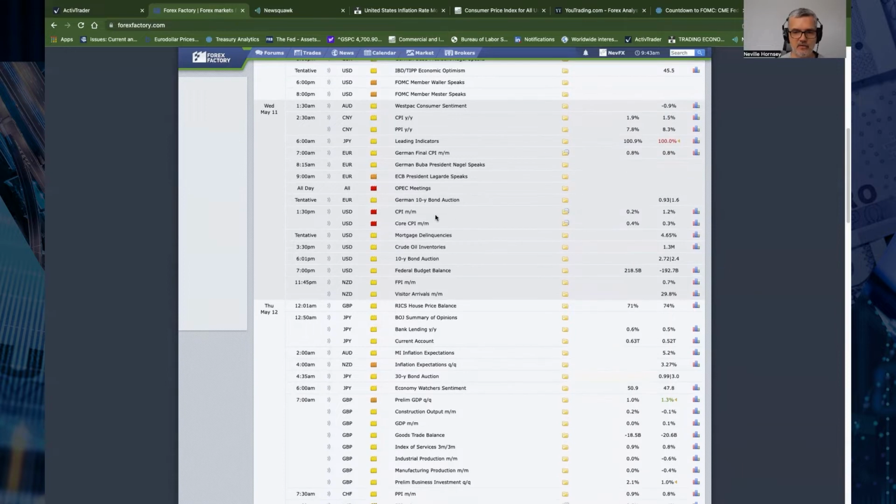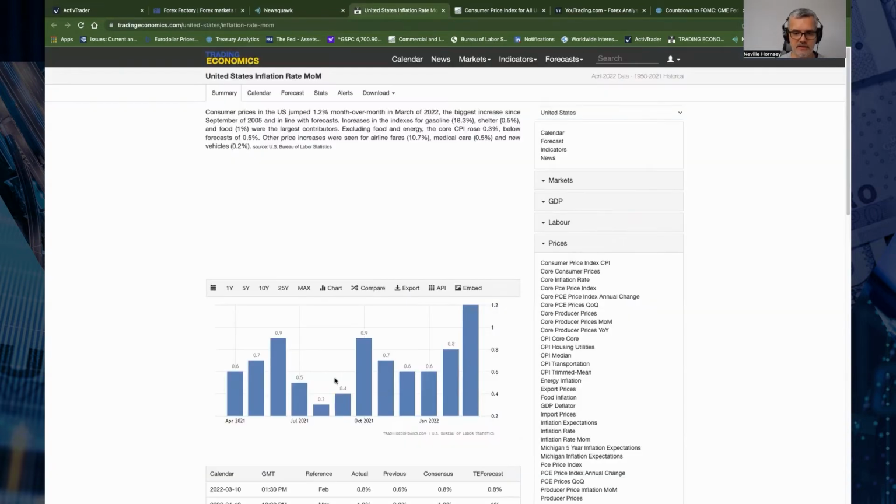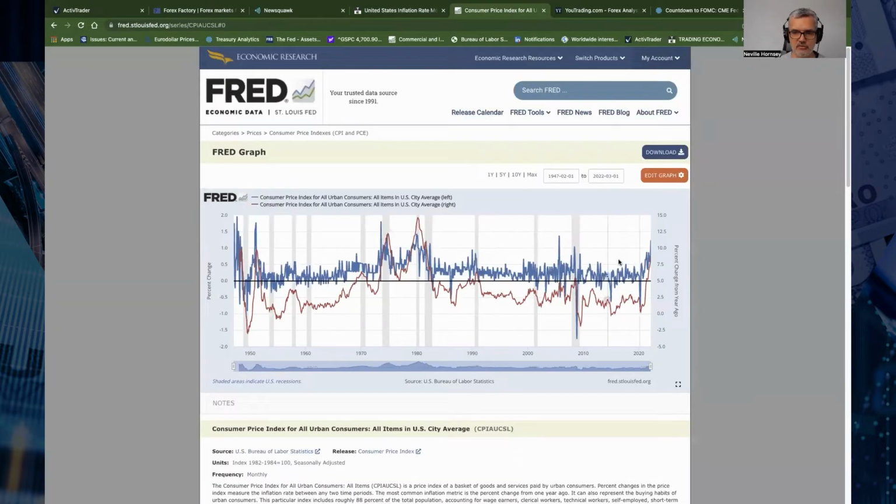And then if we look down, we've got the CPI month over month and core CPI month over month, and it's expected to decelerate. So if we look at the inflation, like I said, 1.2% was the last reading, a big acceleration. If we go back to historical prices and rates of change, the blue line, percent change on the left-hand side, month over month, very rarely stays above 1% for very long. So we might get a spike up to 1% and then a big drop. That's what we're expecting in the readings this week, going from above 1% back down towards 0.2, back towards this overall mean average.